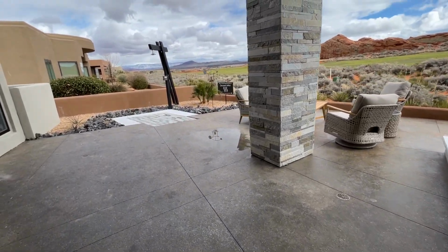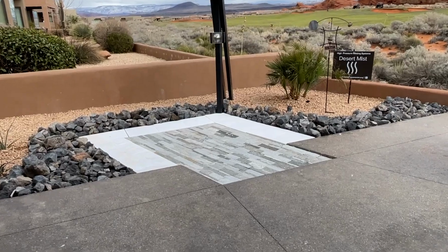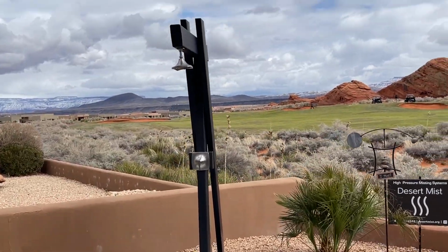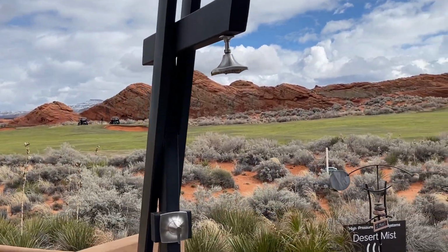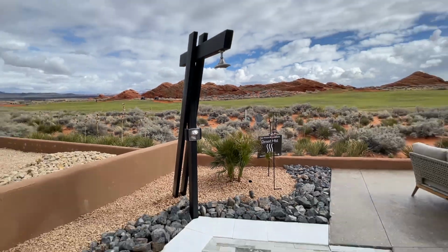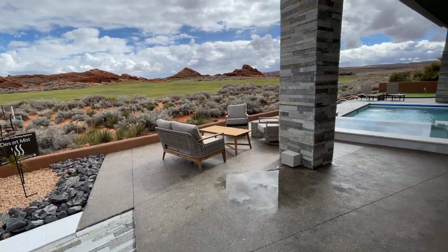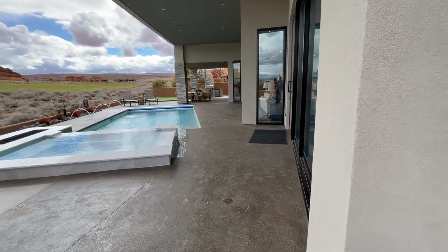And over here we have what we saw from the master, the nice little outside shower. And so nice tile work there on the ground, and just a fun little shower that you can, once you're done with the pool, come over and rinse off, get the chlorine off, and just enjoy this beautiful outside area. Notice how there's no back wall, and you don't need one, right? And so here's the master shower from this angle. But anyway, very